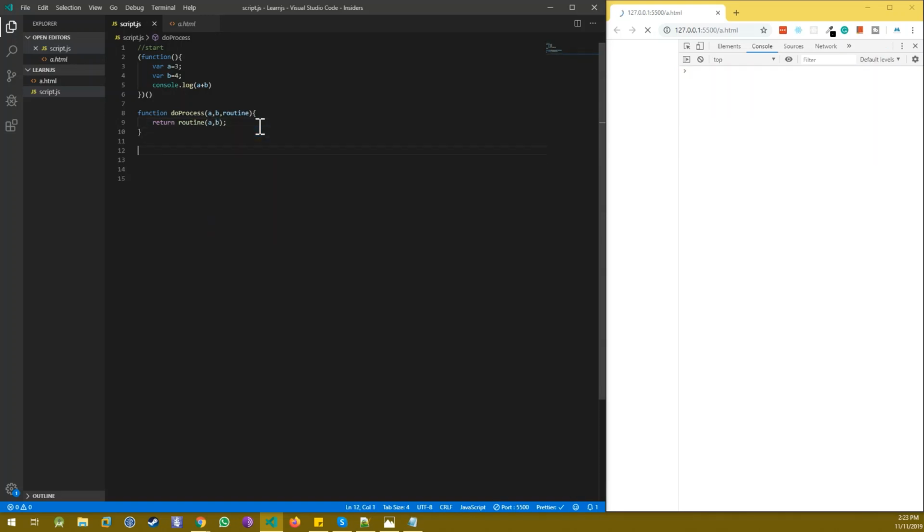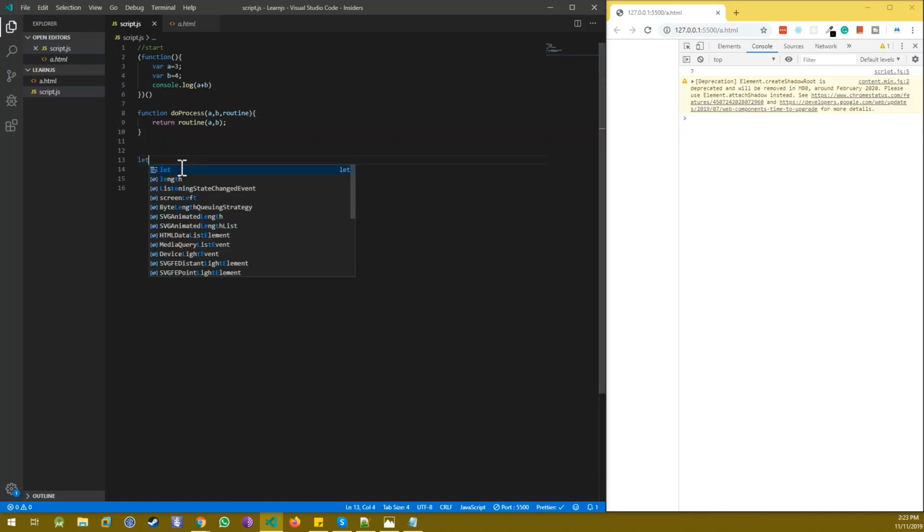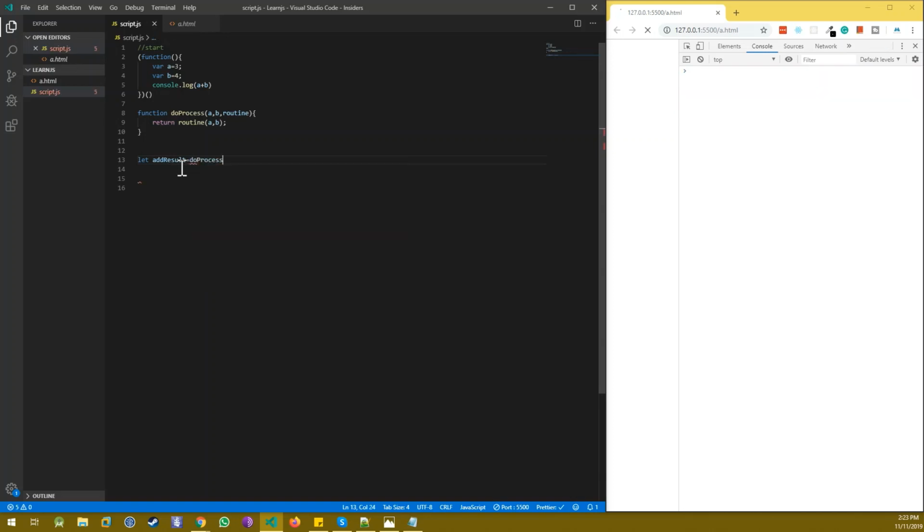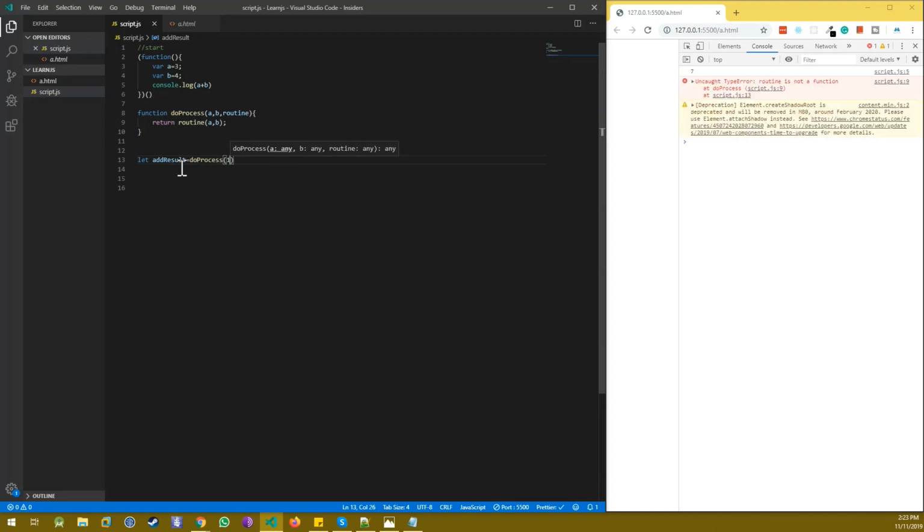So for example, I want to add a and b, so I should write it like this: let add result equal to do process, and for example 1 and 2,